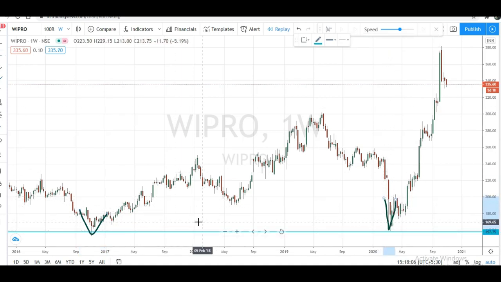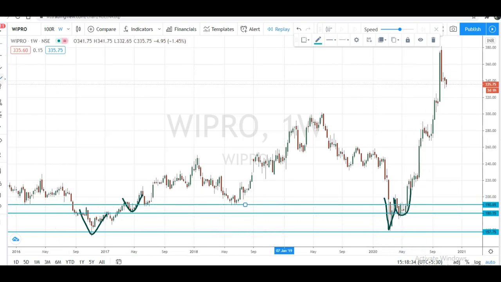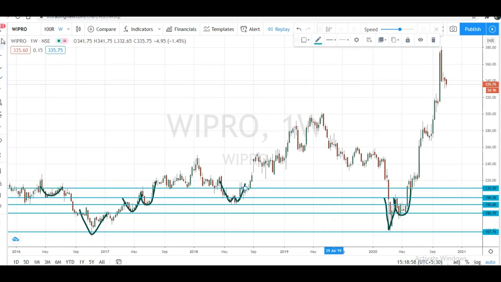Let's find out some other supports. This turns out to be a good support. You can see it has bounced back like this. It has sustained here and bounced back. This as well turned upside, hit this level. It was something like a W and turned upside. This is also a good level, a good support area. This is also beautiful. You can just check it out. Bounced, touched and bounced, sustained here for a long time, and later it has broken, touched this level and